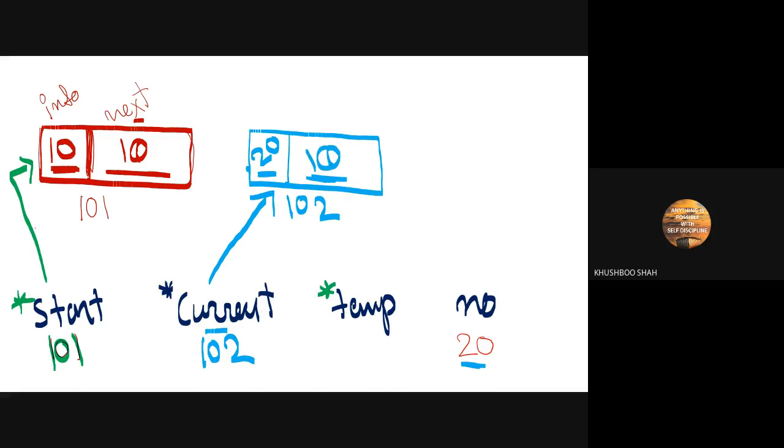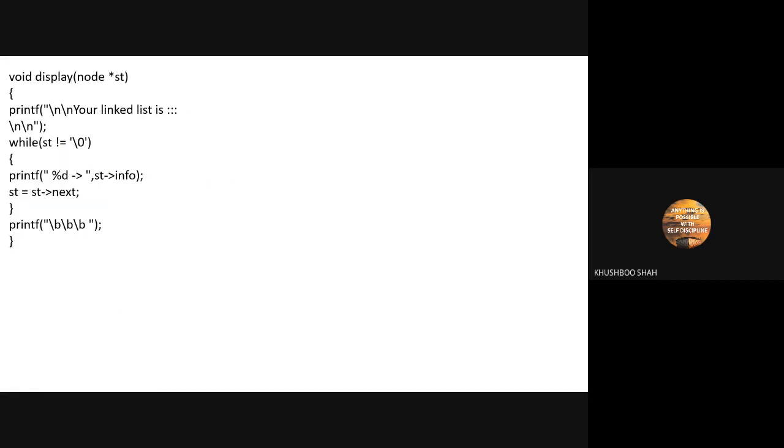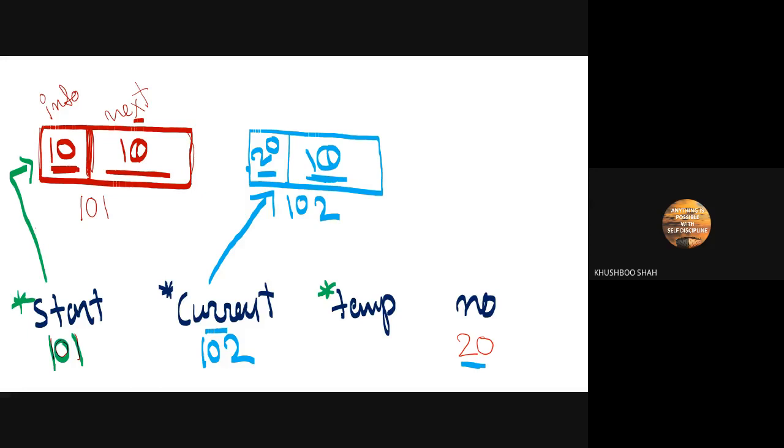Clear? Okay, just concentrate, everyone. Now see. If start is equal to null, is start null? No. Start is not null.